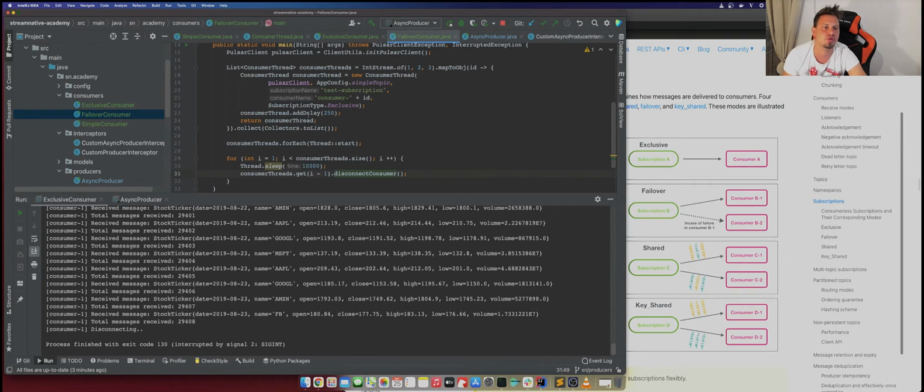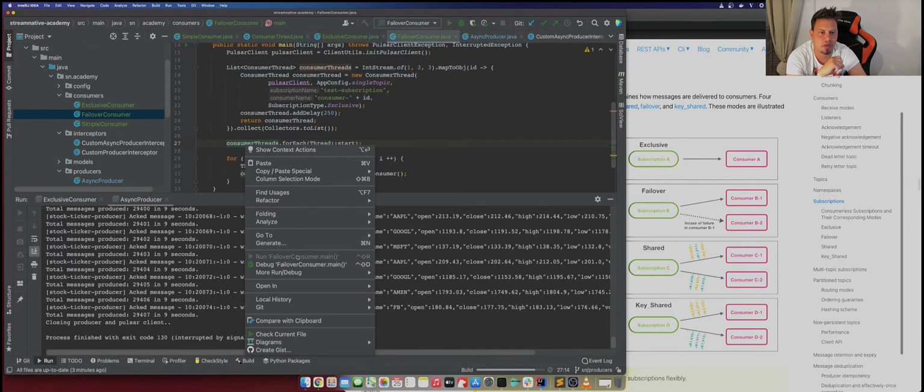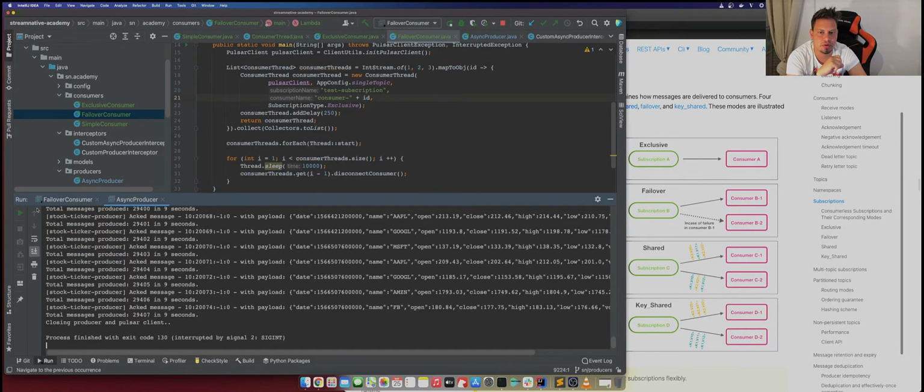to disconnect our consumer. And the behavior we're expecting to see right now is that we want the first consumer thread to start reading the messages, and after 10 seconds we're going to kill it, and so we should see the second one take over, and again after a little while kill the second one, and then see that the third one keeps resuming with the work. So if I try to run this class right now and also start my async producer,